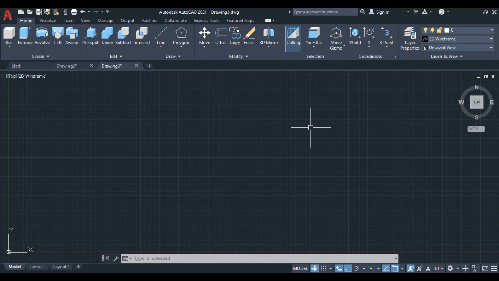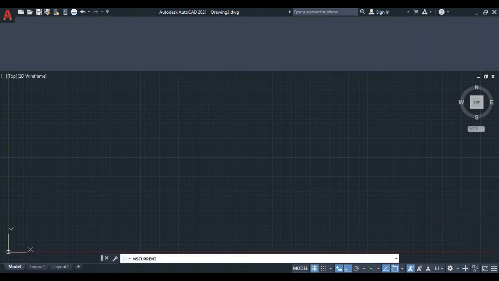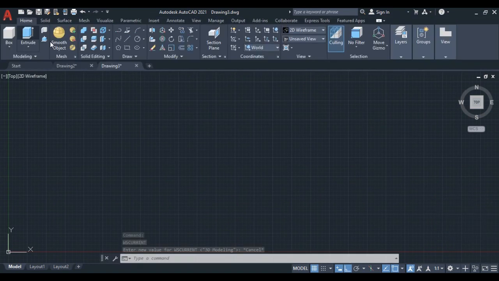And if you click again on this, you will also get 3D modeling. If we click on 3D modeling, you will see the interface has changed, so here you can work in 3D modeling.